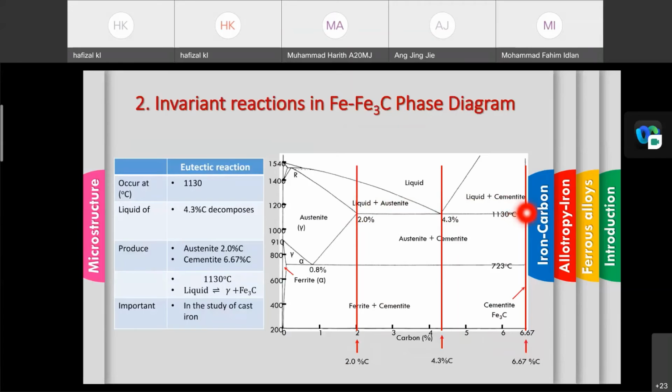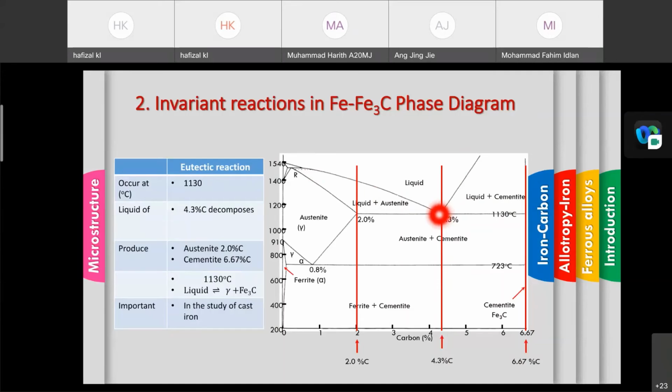At this point, the liquid forms at 4.3% of carbon, where there is a boundary of the composition of